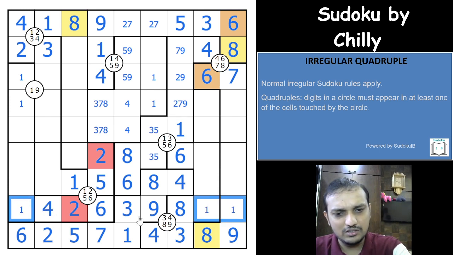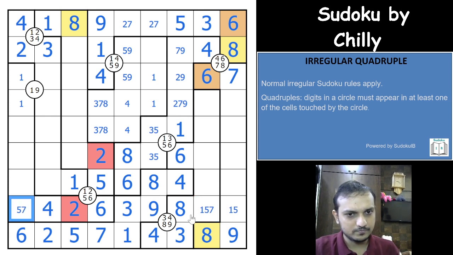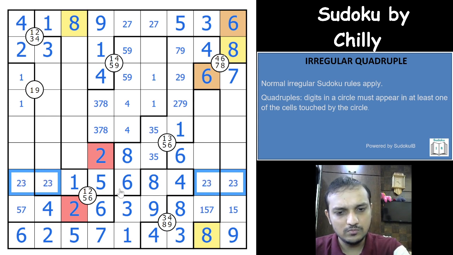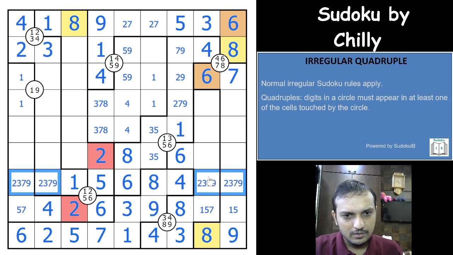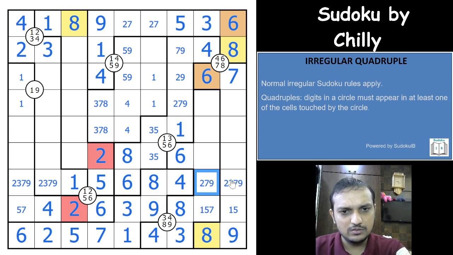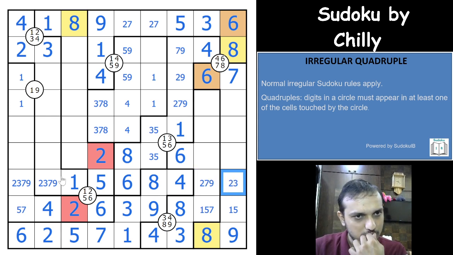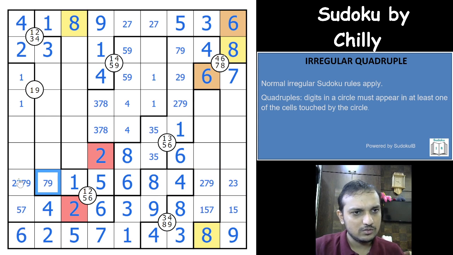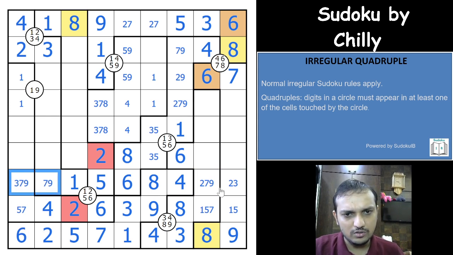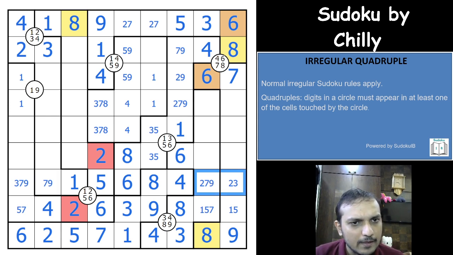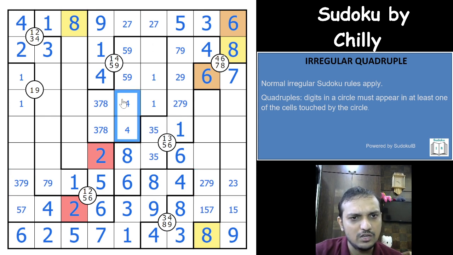1, 5 and 7 in these 3 cells. 7 cannot be here, 1 cannot be here. 2, 3, 7 and 9, right? 3 cannot be here, 7 and 9 cannot be here, 2, 3 cannot be here, 2 cannot be here. So 2 is in one of these 2 cells. 2, 4 and 7, right? The remaining digits are